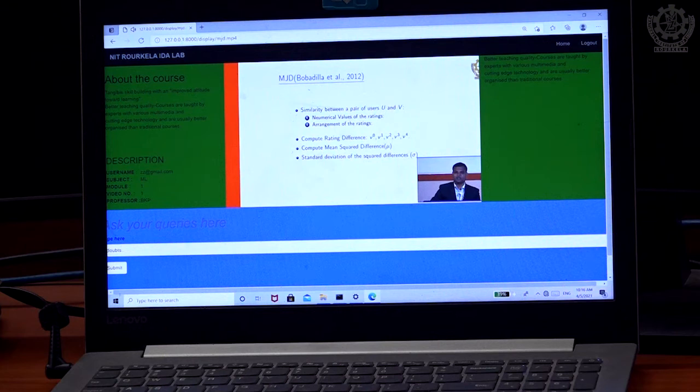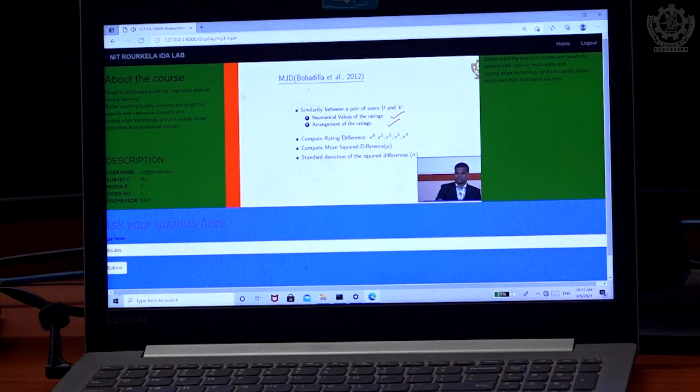So the basic idea of these similarity measures is two basic principles. One is called the numerical values, and the second one is the arrangement of the ratings.